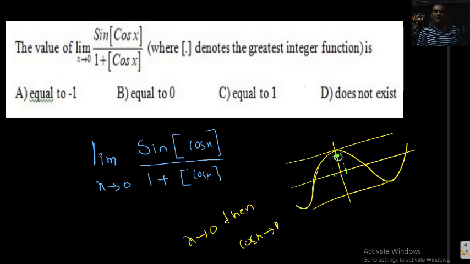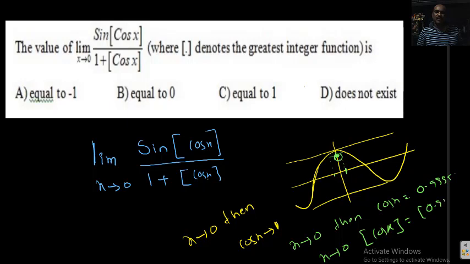What is the meaning of that? The value of cos x is 0.99999, like that. The x is tending to 0, then cos x equal to 0.9999, like that. So x is tending to 0, the step of cos x automatically. So what is that? The step of 0.999 equals 0 only. Understood? So x is tending to 0, the step of cos x is 0 only. So what can I say here? sin 0 by 1 plus 0. That sin 0 is 0 only, 0 by 1 is totally 0. So the limiting value is tending to 0. B is the correct answer.